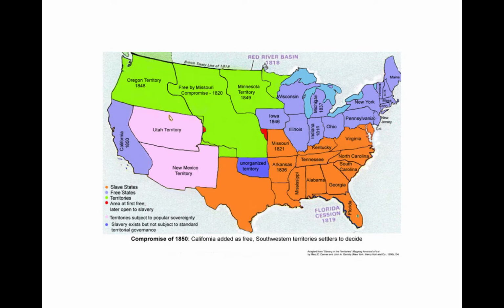And they created something called the Fugitive Slave Act, which created a system of federal courts where if you were a slave owner and you said an escaped slave made it to a free state, you would go to that federal court to hear your case to get your slave returned, not to a state court. Okay, so that was the compromise. So let's see who got the better end of the deal.